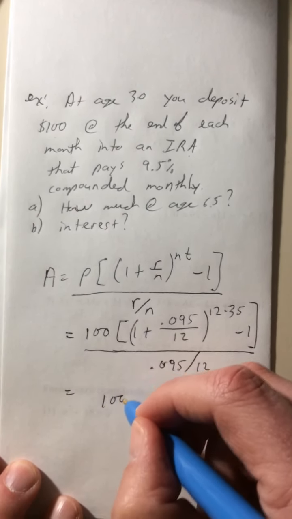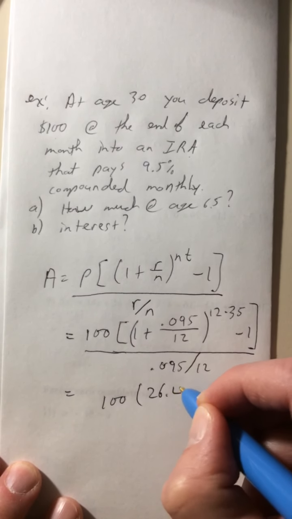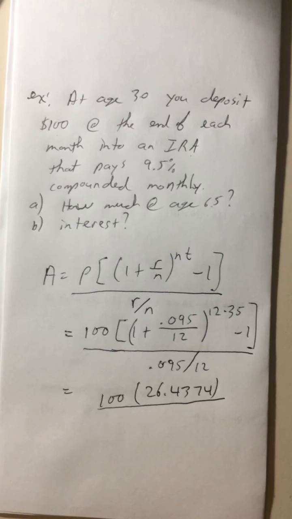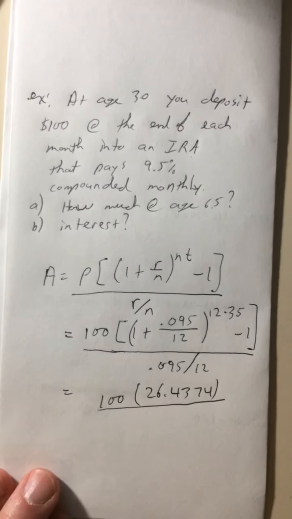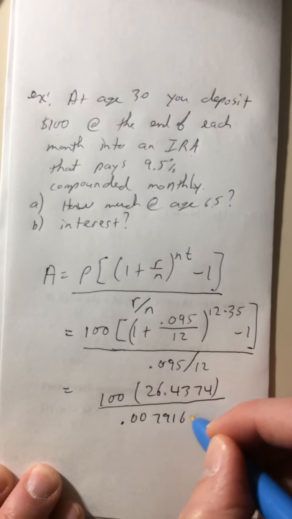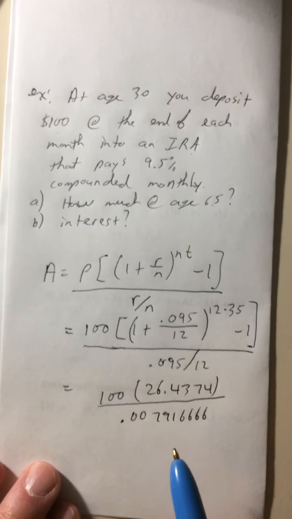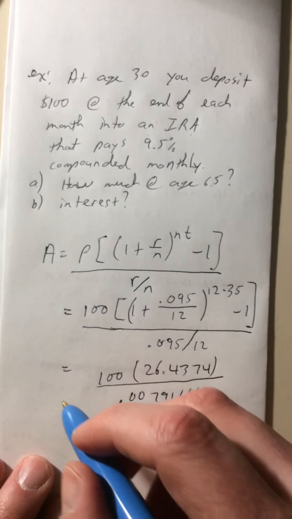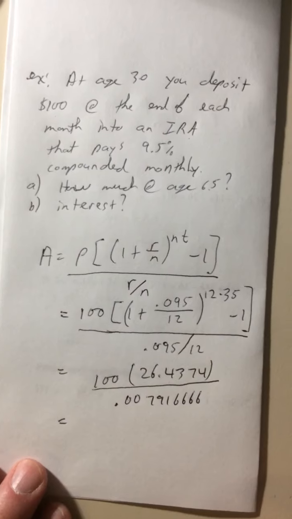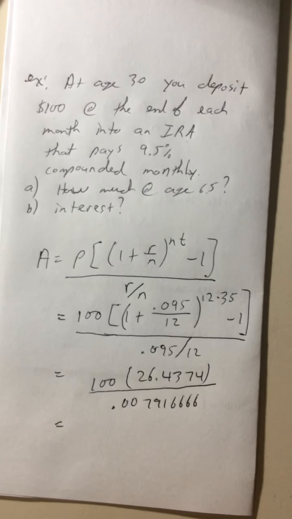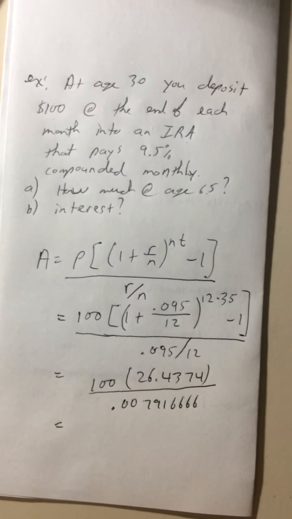So we got 100 times 26.4374 divided by whatever 0.095 divided by 12 was, 0.007916 repeating. And when we're dealing with big numbers, we should really be including whole bunches of decimal places right here. You have a calculator, it's not like you're doing it by hand, so just include those extra decimal places. So we subtract 1, times 100, and then we divide by that,